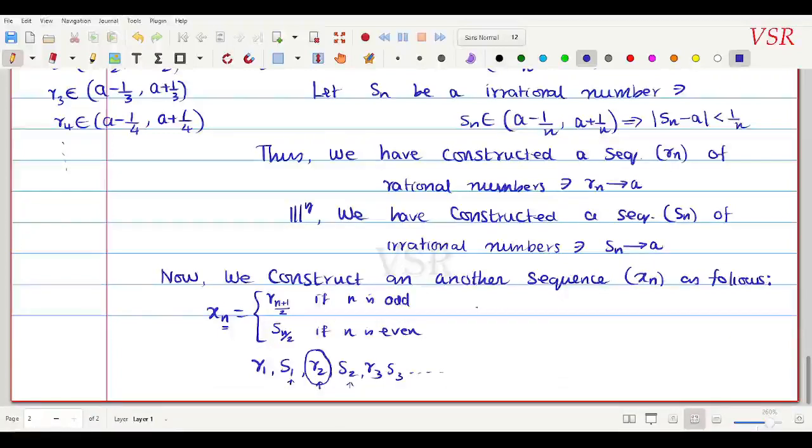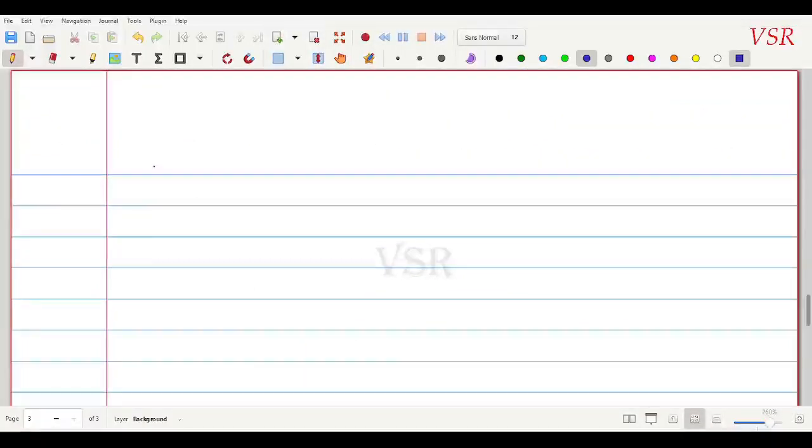Clearly, we will have this Xn converges to a, because Rn converges to a and Sn converges to a. We have studied that if odd terms all converge to a and even terms also converge to a, then this combined sequence will also converge to a. We studied this last semester in sequences and series. So Xn also converges to a. But